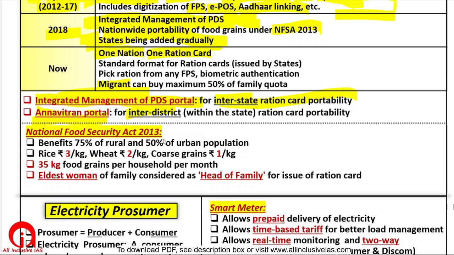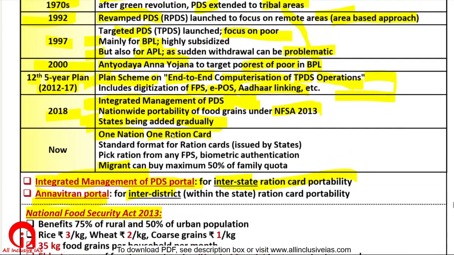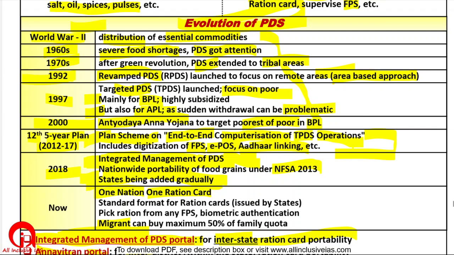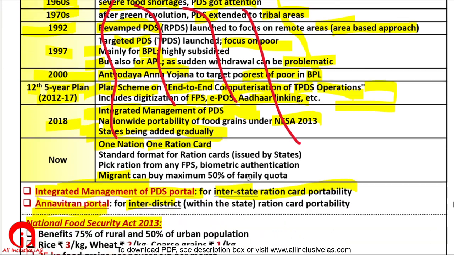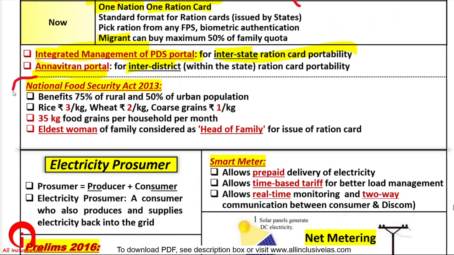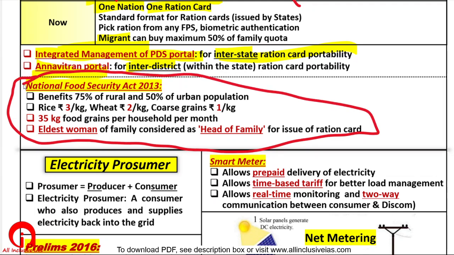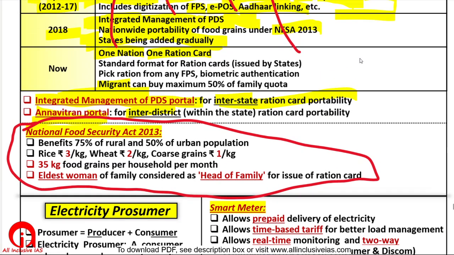National Food Security Act 2013. It made cheap food your legal right. See, cheap food had always been given through these programs. Now, what is the use of making a law on this? Just an eyewash? No. Please understand, this is very important. When lockdown was imposed last year, migrants had to go to their villages. They had no option, right?